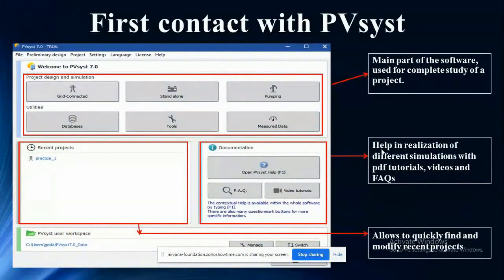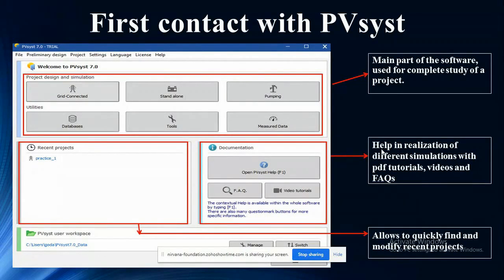So let's just start. When we first install and get into PVSys, the first contact is this dialog box with project design and simulation, and the other one, recent projects and documentation. Project design is the main part of the software; you can do the complete designing and sizing here.